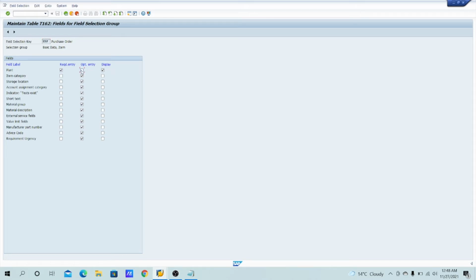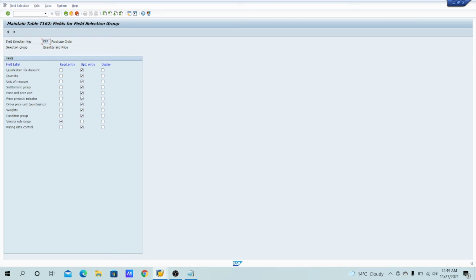That means without entering the plant it will not allow creating a purchase order. It is not allowing more than one field here, not an issue. And let's suppose administration level, supplying plant, order price unit, right? Here it is, the order price unit.